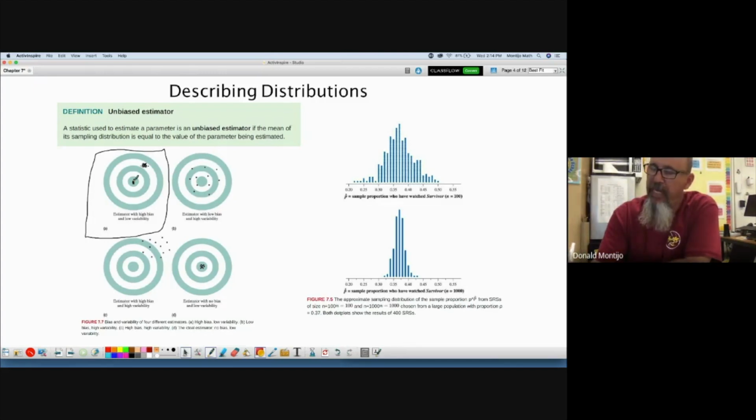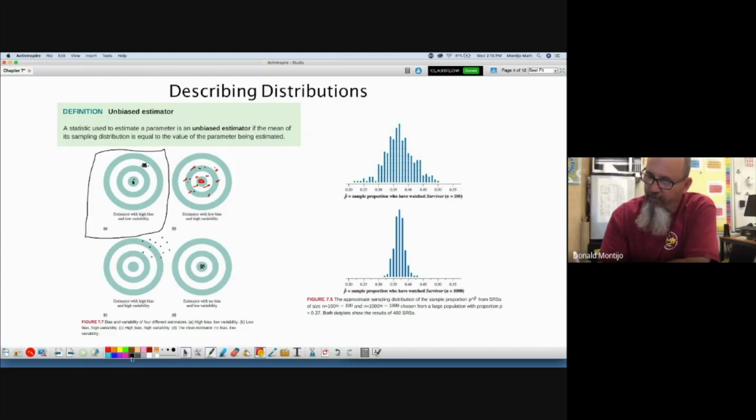If we look at group B, you can see they're very spread out all over the place here. High variability. But if I were to average all of these dots, well, you know what? The average of all these, what's going to happen? It's going to put me right at the bullseye. So there's very low bias because the mean or the average of the sampling distribution is on target. Therefore, low bias. Bias is telling us how far away are we from actually hitting the target. Variability, again, is telling us how spread out we are.